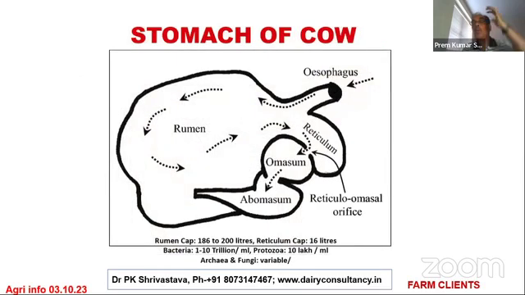Look at how food travels in the cow's stomach. The moment it is taken, look at the cursor, it goes to the rumen and again moves over here for some time. And after the regurgitation, it comes back, and then it will not go to the rumen. It is a system made in the cow. After the regurgitation, it goes to the reticulum, then goes to the omasum, and then goes to the abomasum.